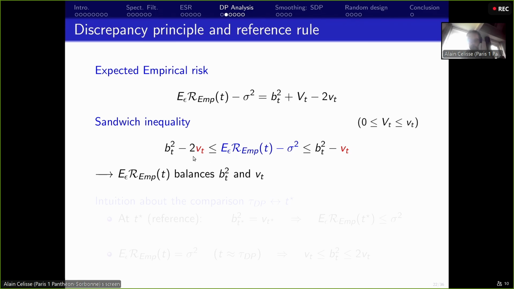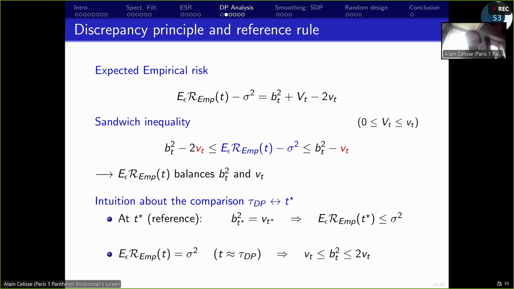The bias minus the variance on the proxy variance on the right, and the bias minus 2 times the proxy variance on the left. So in a way, you see that this is interesting because it means that this difference between the expectation of the empirical risk and sigma squared is some kind of balancing between the bias and the variance. And this can be made more precise by saying that, for instance, if you remember the definition of the